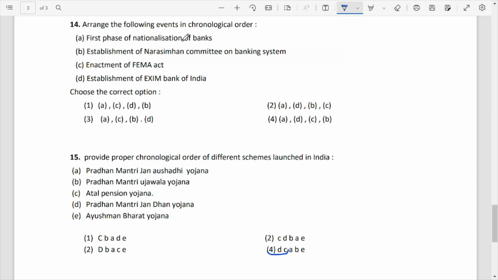Now, guys, I have a question for you. Let's say the government wants to nationalize a particular bank. Let's say the government wants to nationalize this A bank, and this A bank is having deposits of 200 crore rupees. So the government has to pay to this bank how much rupees? Because the government wants to nationalize this bank, which means the government will purchase this bank. So how much rupees does the government have to pay to this A bank?